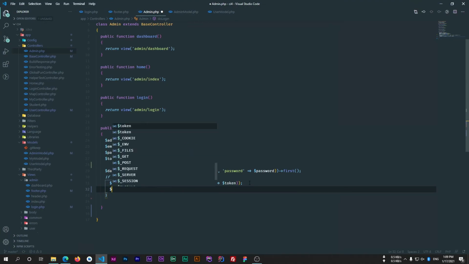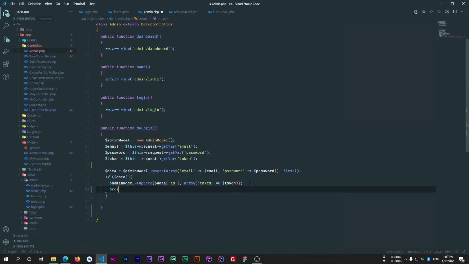And after that I'll send a response. I'm setting a status so that I can check in the Ajax if the status is successful or failed. So if this is a successful response, then I'll send status as 1, otherwise I'll set it as 0.